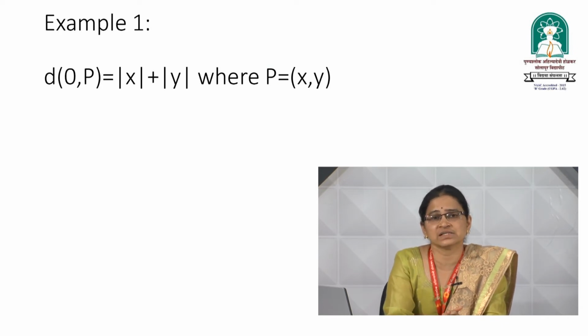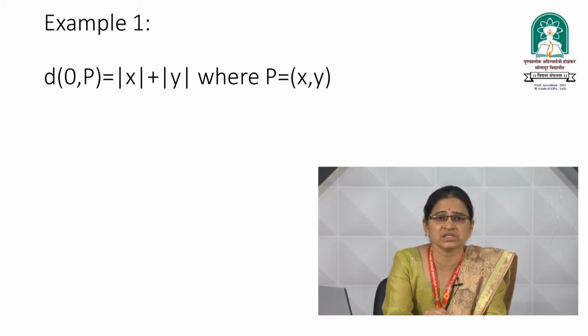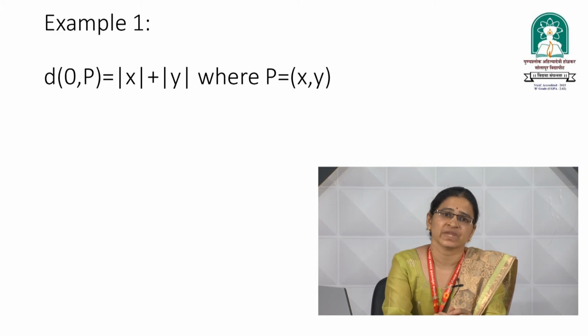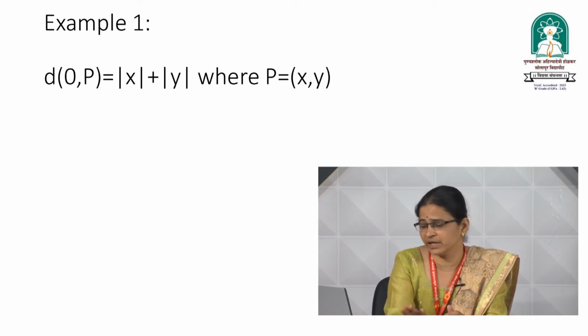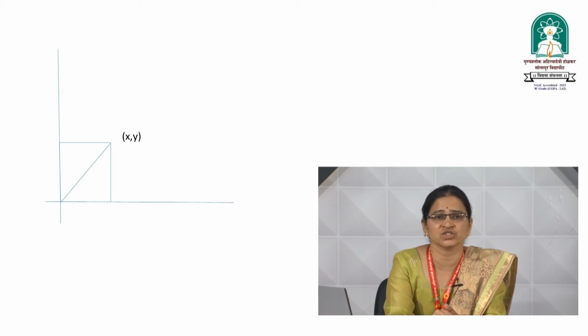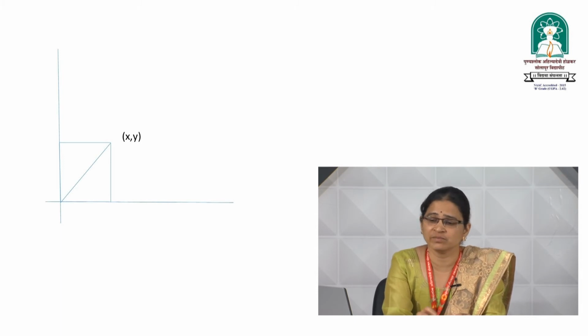Here is an example we were discussing: the distance between the origin and a point P in R2 space. If I write it as mod x plus mod y, where the point P has the coordinates x and y, then how many options do we have to find the distance of this point P from the origin? There are infinitely many ways to reach point P from the origin. Out of all the possible alternatives, we have taken one here, and the sketch tells us that the distance mod x plus mod y is being calculated instead of joining the origin with the point x,y by a straight line. How have we followed this?